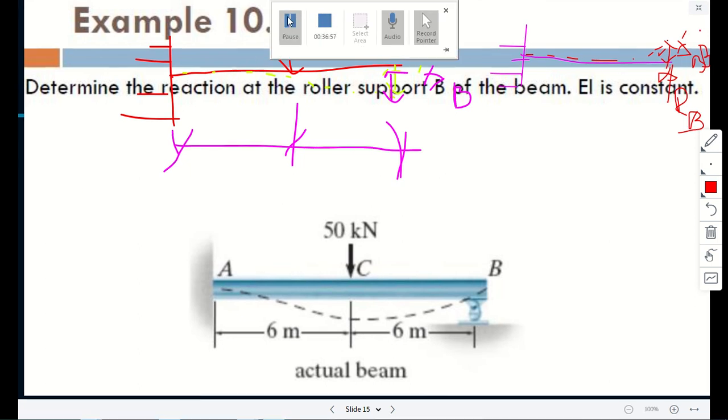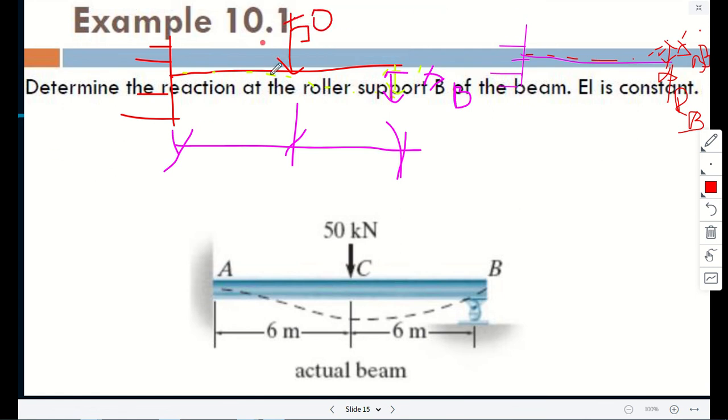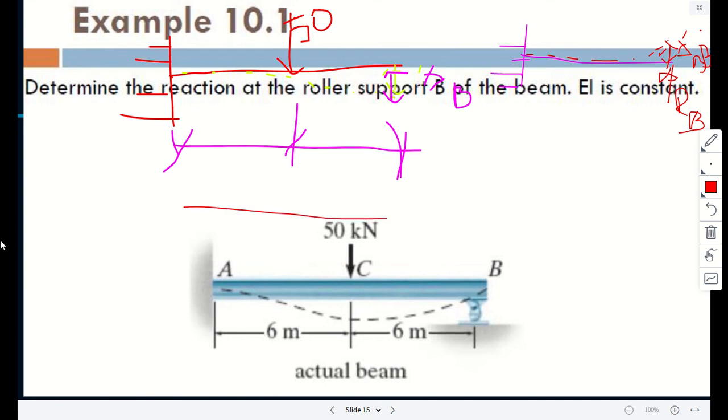You remember conjugate beam? For me, this is the easiest way to solve this part. I might make other choices when it comes to this. With the conjugate beam, the fixed end becomes free, and the free end becomes fixed. So using the conjugate beam, let me make it easy for me. If you use the conjugate beam and draw the bending moment diagram,